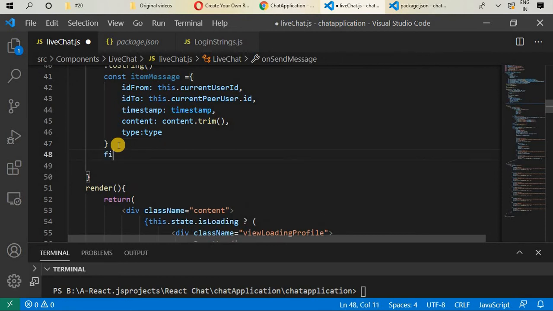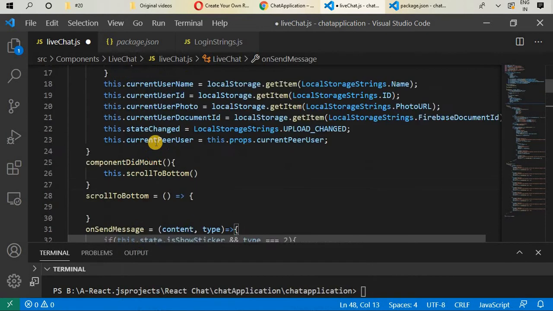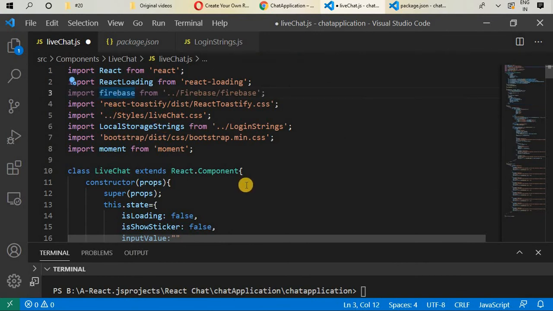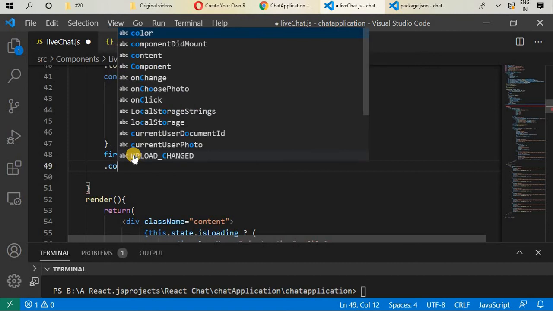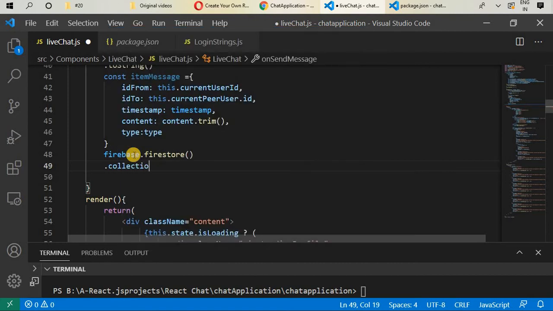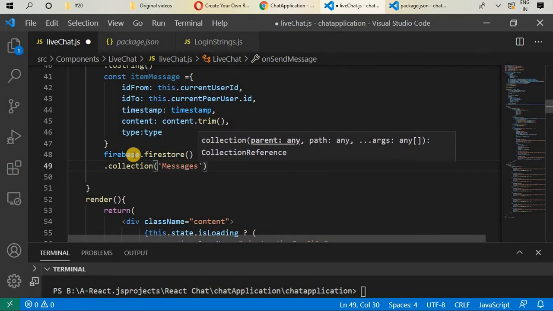Okay, now we need to update this item message object inside our Firebase. So write Firebase. Go and see, we have imported it here. Okay, write Firebase dot firestore and dot collection. You can write messages